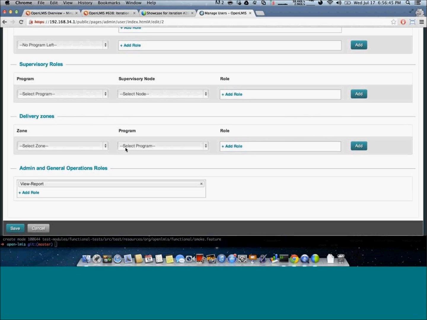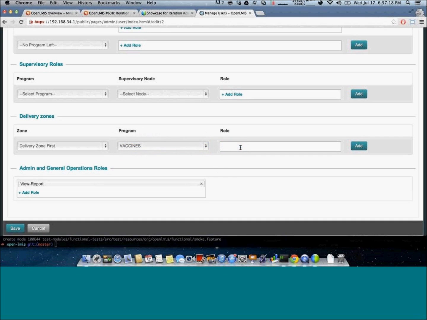And these programs are push-based programs. All the other roles can be assigned to pull-based programs. So essential medicine, TB, HIV, malaria, those are pull-based programs. And then if I select a delivery zone, so vaccines is a push-based program, and they are grouped by whether they are active or not. So since this is an active program, I have it grouped under active. So I'm just going to select vaccines,